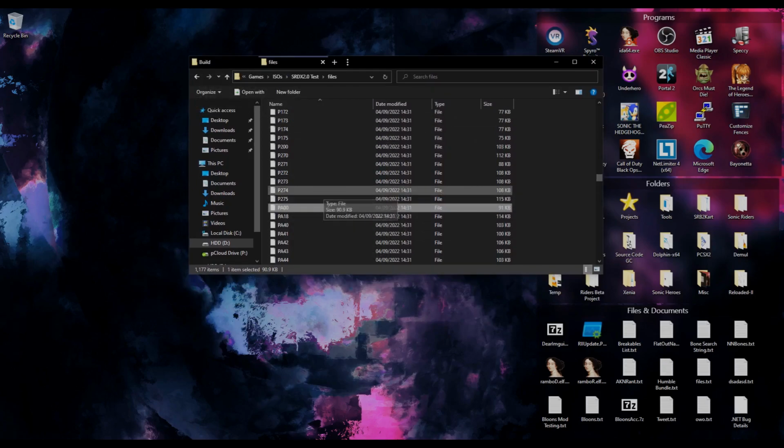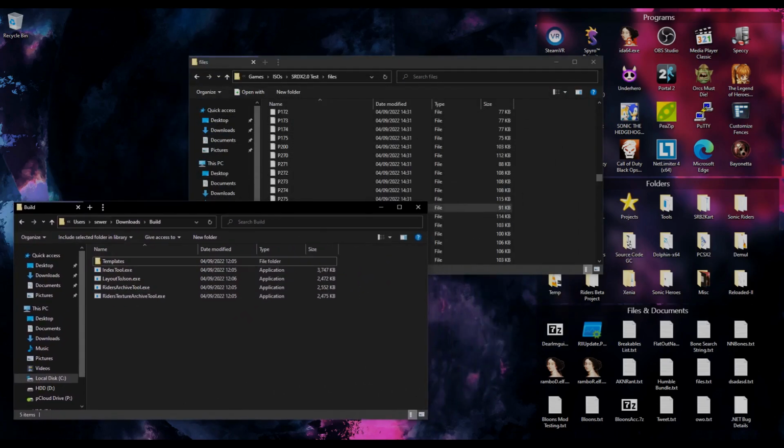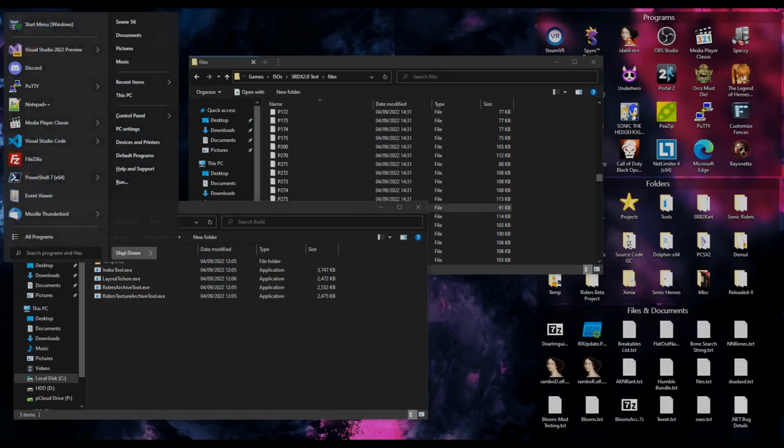And now, to extract this archive which contains the character model, you will want to go back to the tools you downloaded previously, the Archive tool as mentioned. You will want to open a command prompt or PowerShell, because this is a command line application. If you've never used command line, it might be a bit tricky to learn, since there's no UI, no mouse support, and you're going to need to type stuff, but it's not too bad,